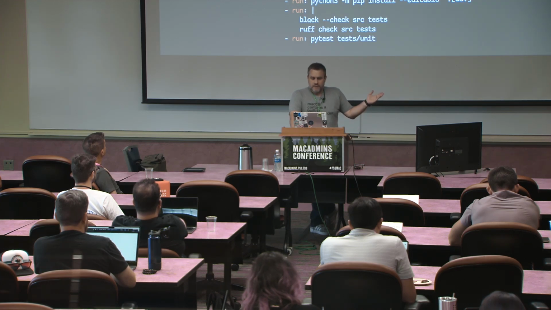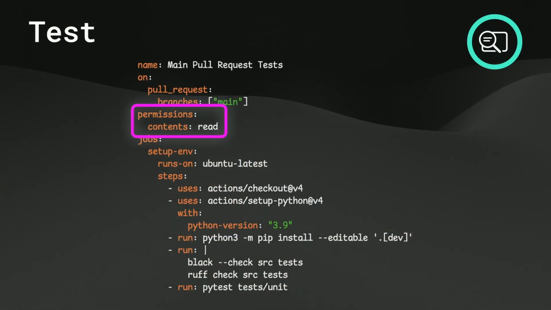Again, contents read permission, but it's in a new place. It's actually at the workflow level. So you can set permissions at job level so that some jobs need more permissive permissions than others. So you might do it that way. But this is actually half of that GitHub action that I was just talking about, because there's a second one